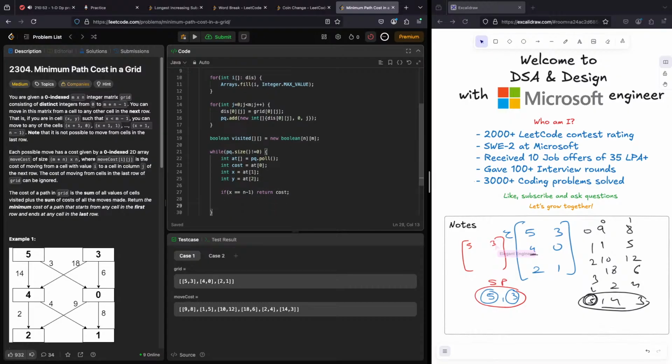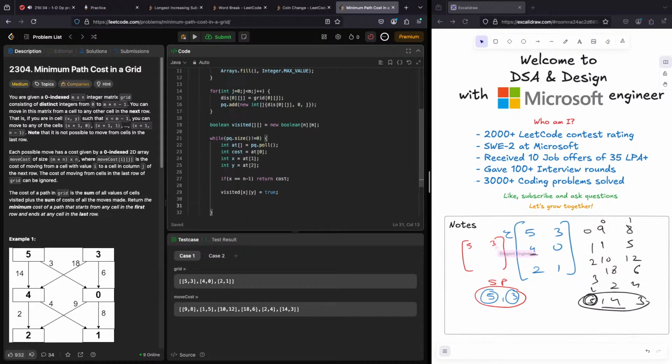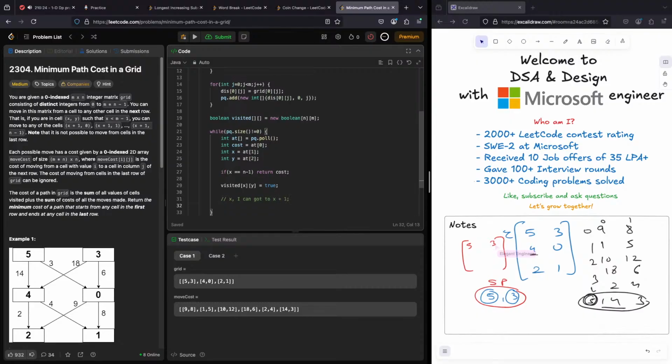Now let's say you are just starting, right? As I mentioned, the next thing that we do in Dijkstra is we mark it visited. So let's mark this cell as visited: visited of x and y as true. Otherwise again I might put it back in the queue and it doesn't make sense. Now from this x I can go to x plus 1, the next row. So for int i is equal to 0,